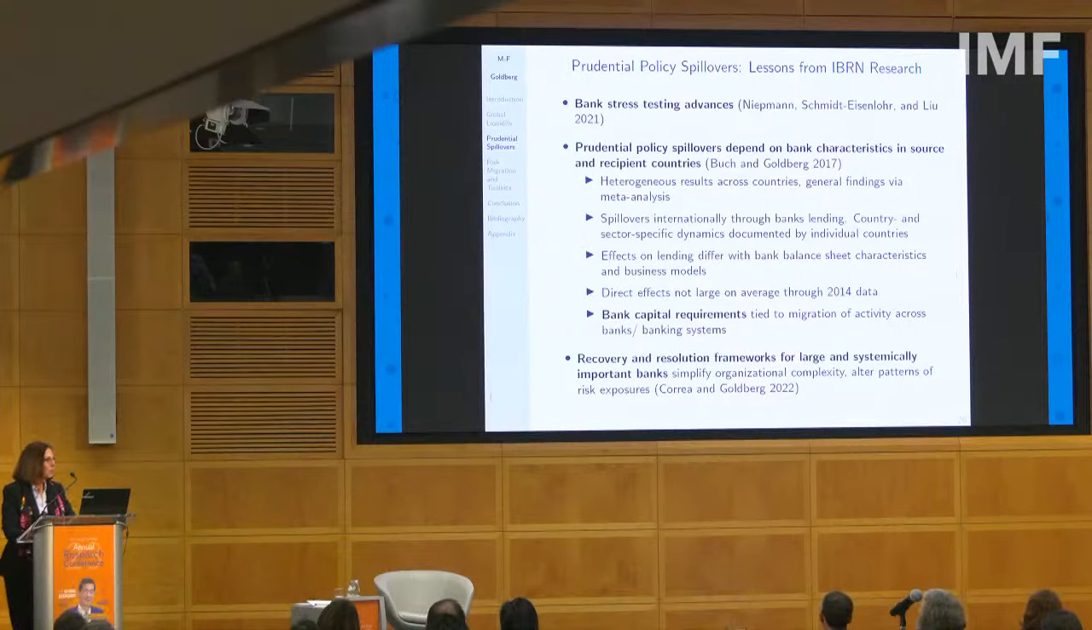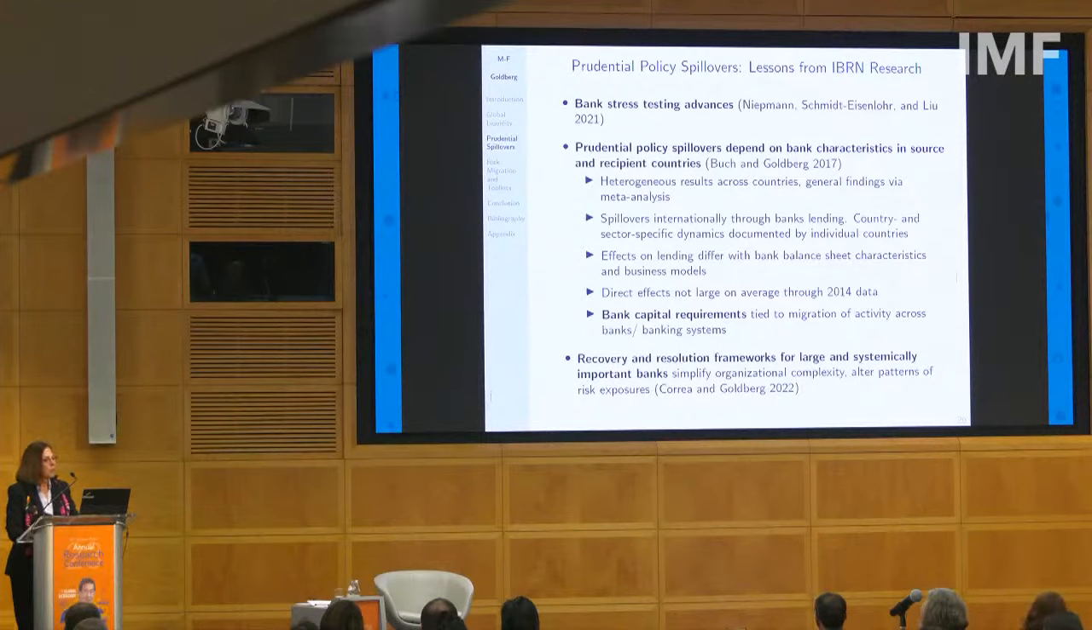recipient countries. As there are heterogeneous results across different countries participating in the IBRN initiatives, we reach general findings using meta-analysis. Spillovers occur internationally through bank lending. Country and sector-specific dynamics are documented by individual countries. Effects on lending differ with bank balance sheet characteristics and business models. Direct effects are actually not large on average in the time period studied, but bank capital requirements played a big